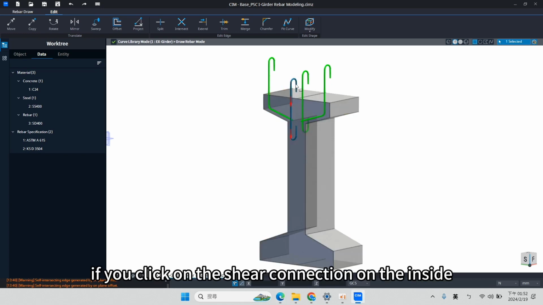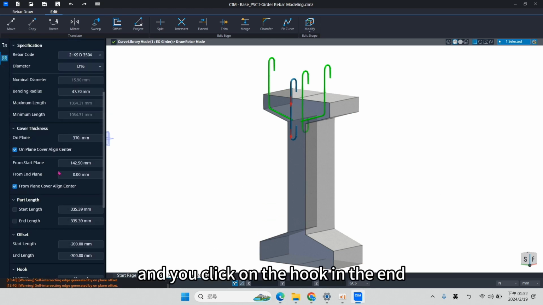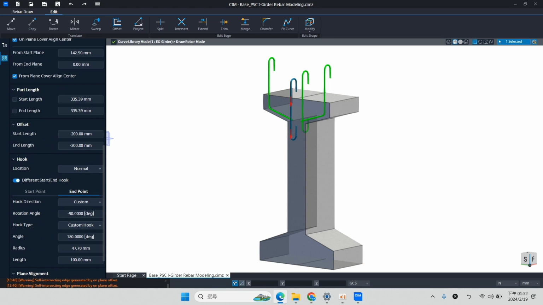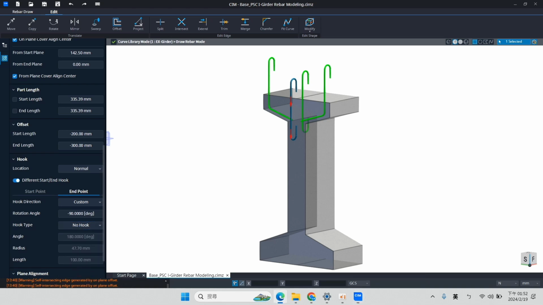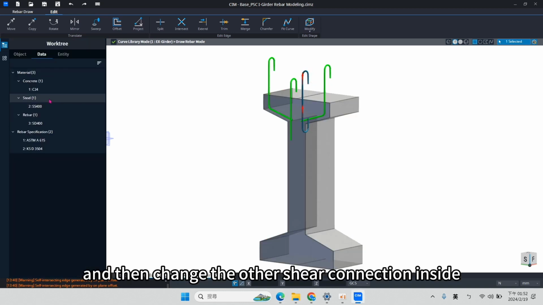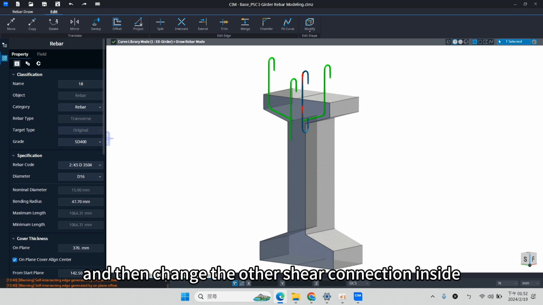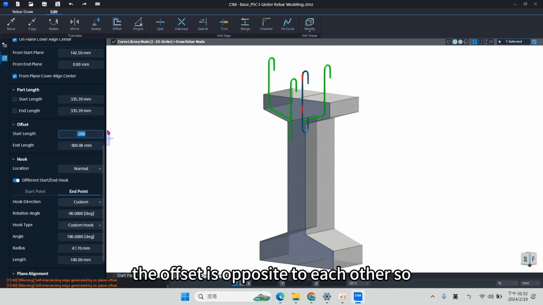If you click on the shear connection on the inside and click on the hook in the endpoint, you can change the hook on the endpoint to become no hook, and then change the other shear connection inside to also have no hook, but the offset is opposite to each other.